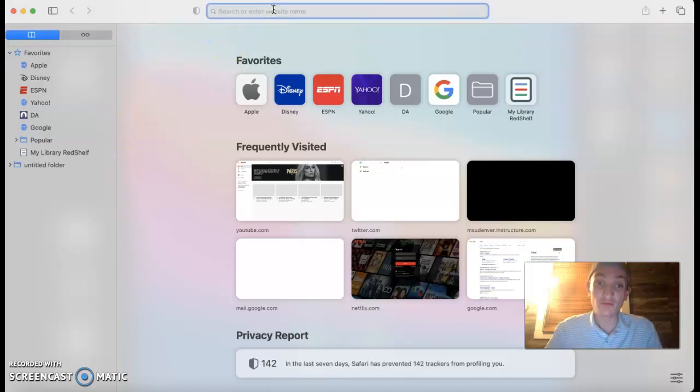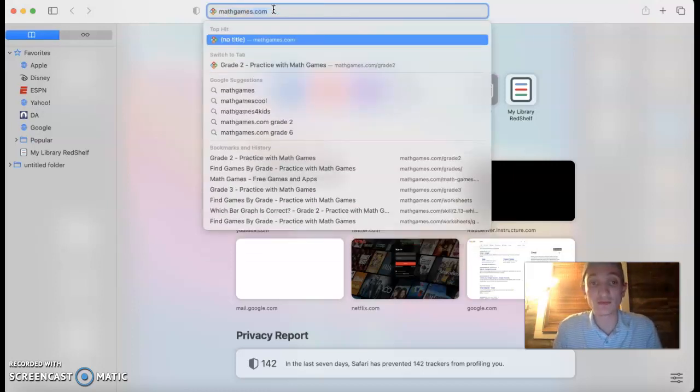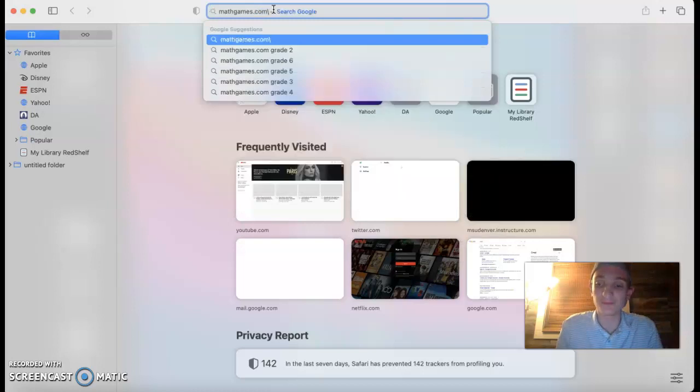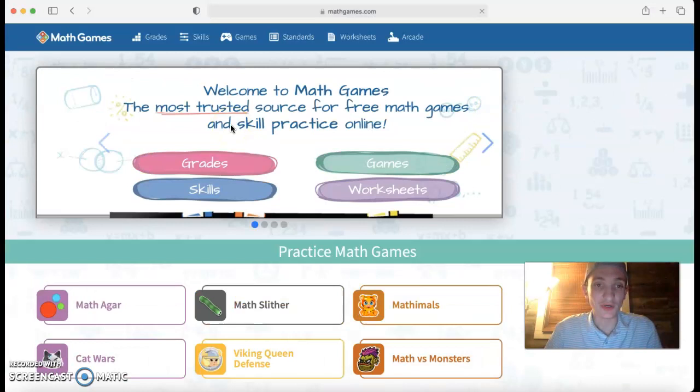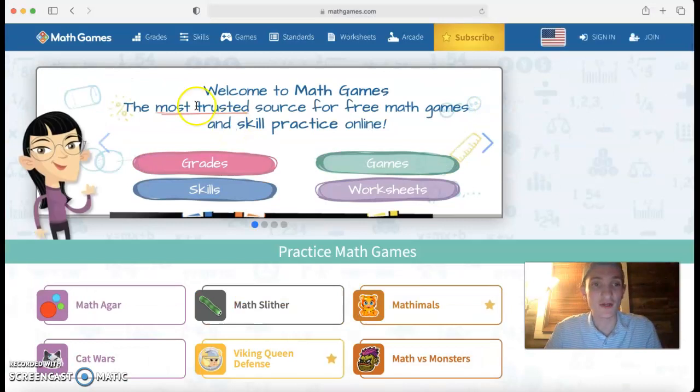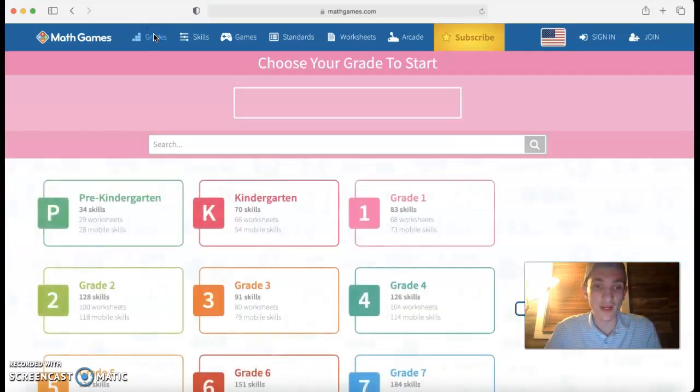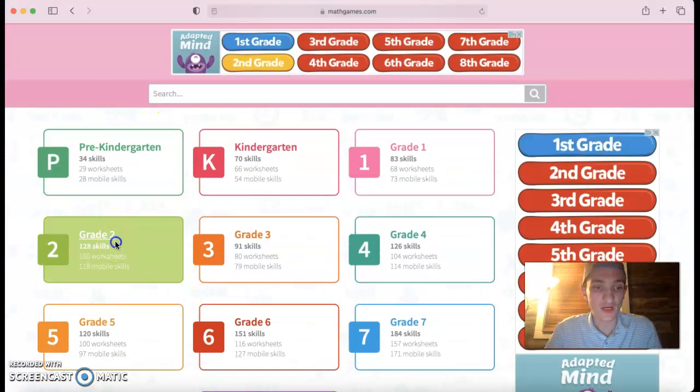Today we're going to be doing some math, so I want everyone to type into their search engines mathgames.com. We'll be coming up onto this site here. Then we're going to move all the way over to grades, and then we're going to click on grade 2